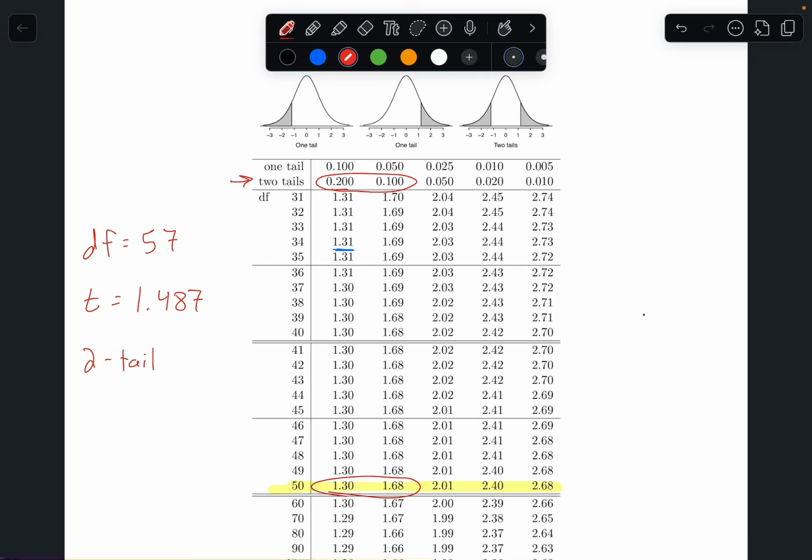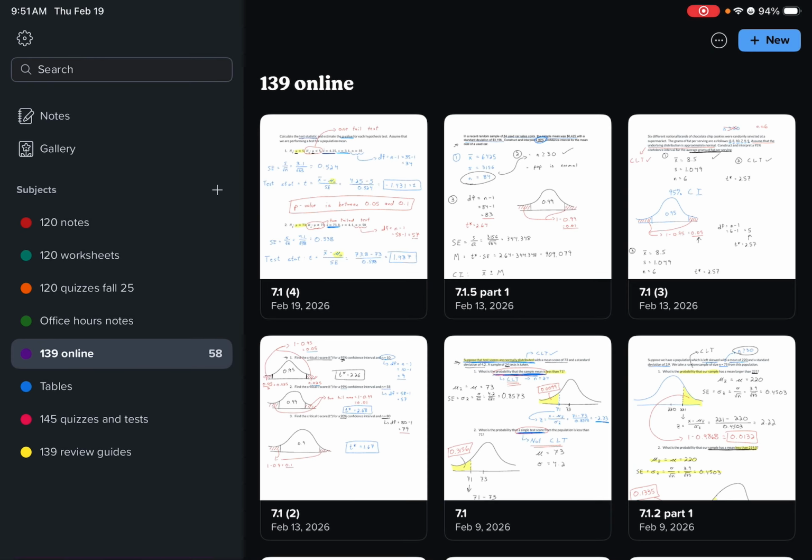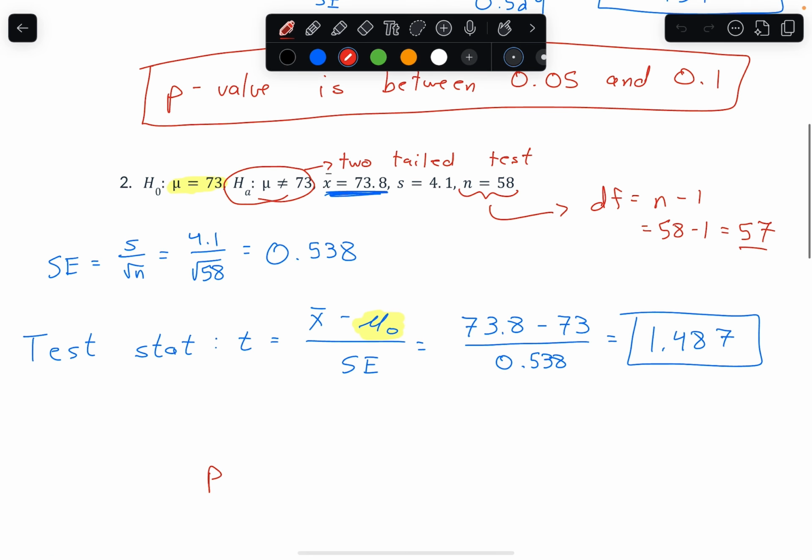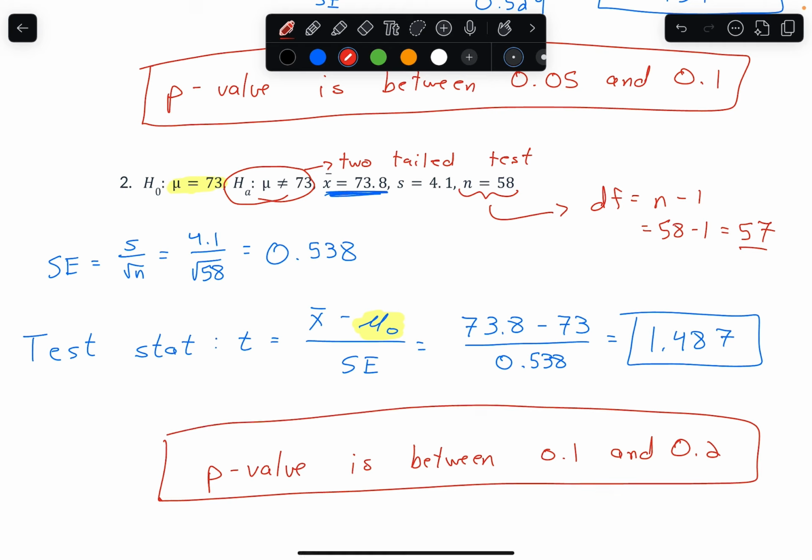So to hop back and write down my final answer, my p-value is between 0.1 and 0.2. So there we go. There is our p-value. This is going to be a really critical